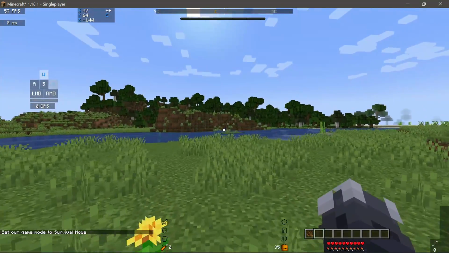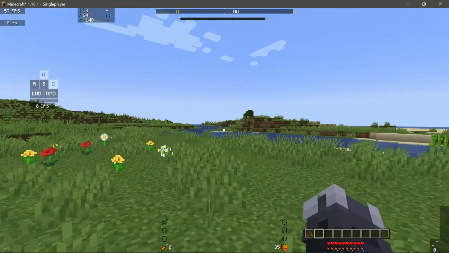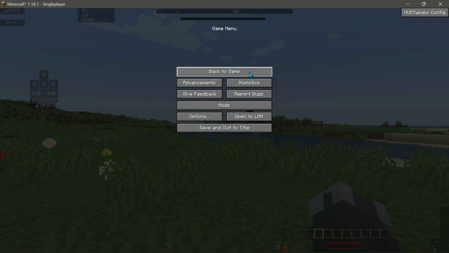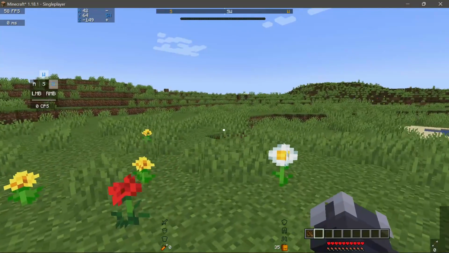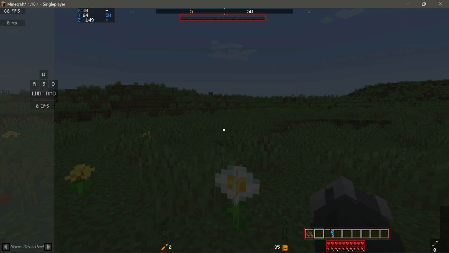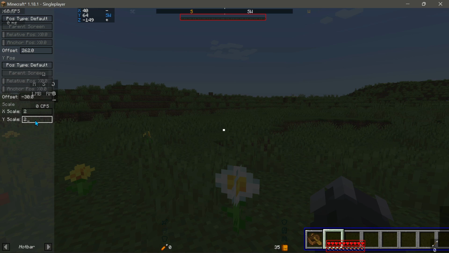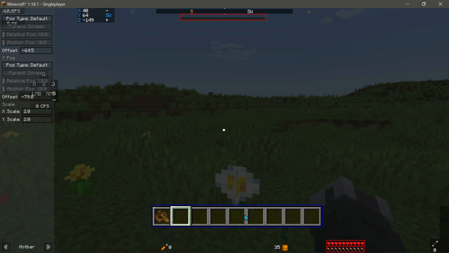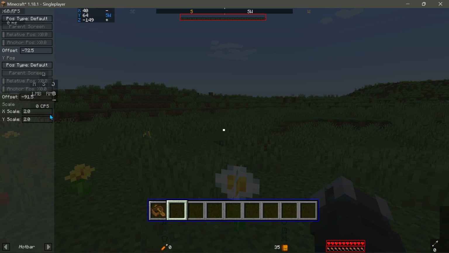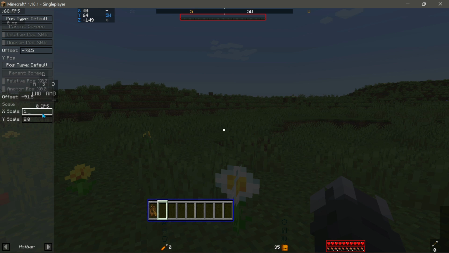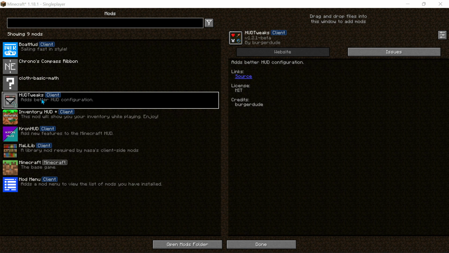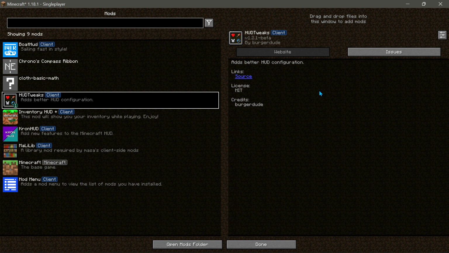If you guys have always wondered how to move all of the HUD items, then definitely get the HUD Tweaks config mod, and this will allow you to change all of these items. You can go into the particular menu, click on an item, and then change the offset and the scale of that item as well. So let's go ahead and change this to a much larger scale. I am playing in GUI scale 2, but obviously if I want my hotbar to look much bigger, I can do that. So I've got that option as well. I would definitely recommend you guys check out the HUD Tweaks mod for Minecraft Java Edition version 1.18.1.